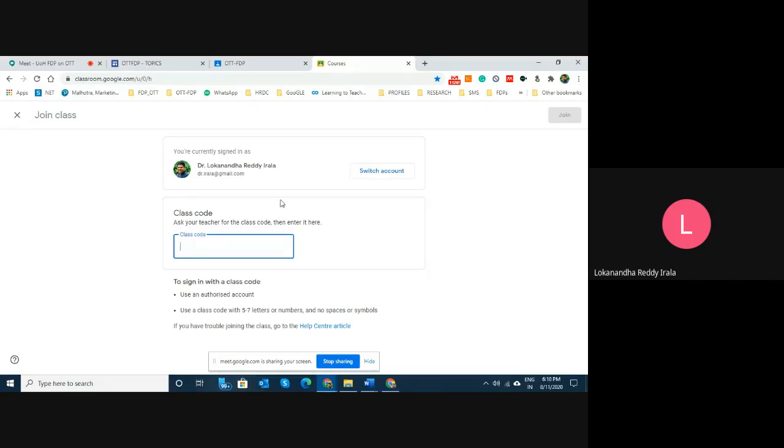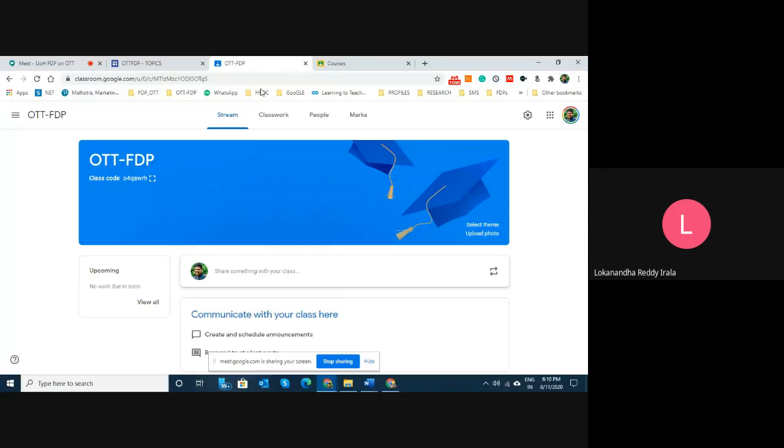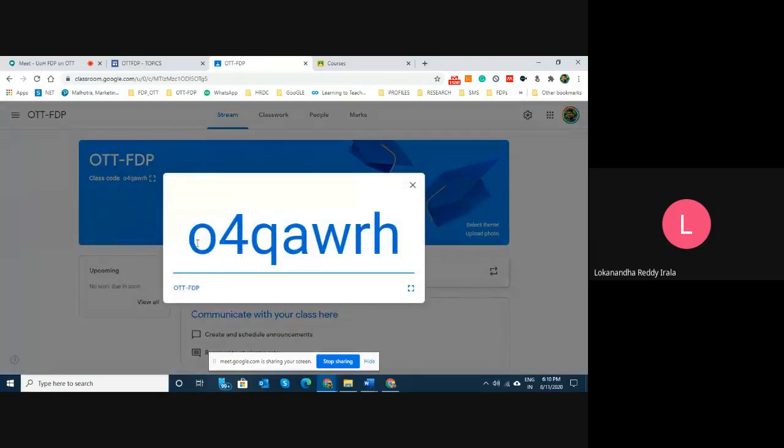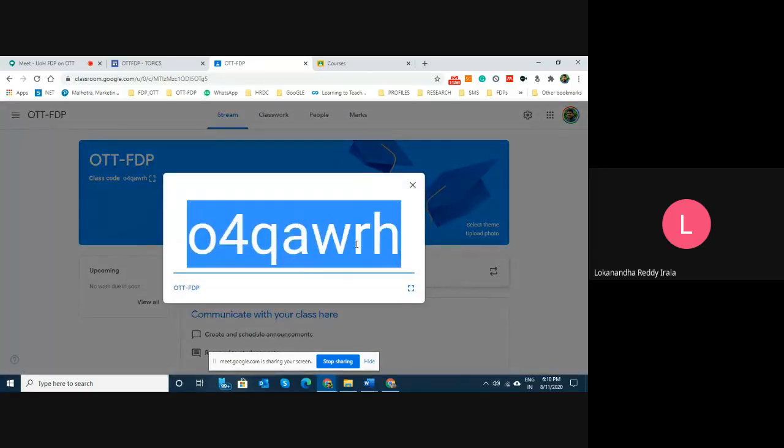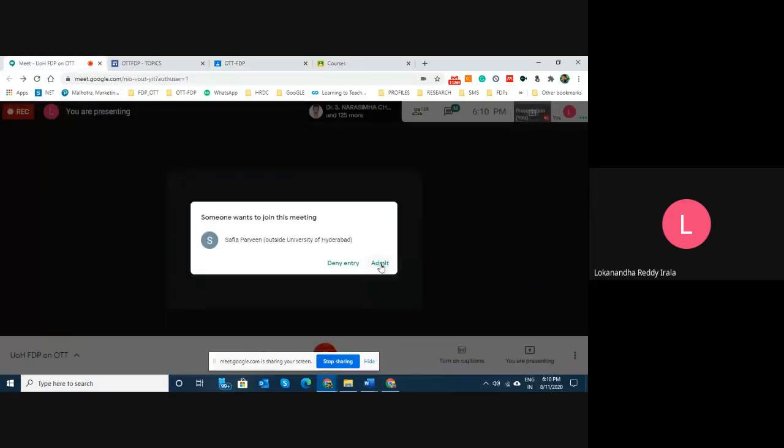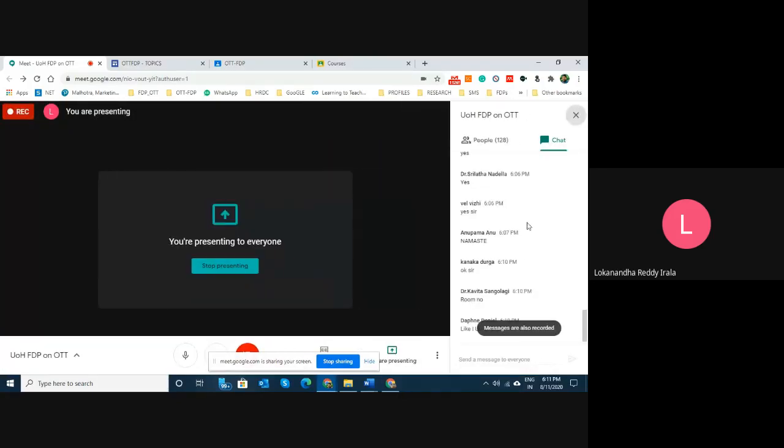Here they have to give the code so that they join that class as students. This is one way you can make students join the class. So what is the way? After you created the class, copy this code, copy, and then like now I am sharing it in the chat box.